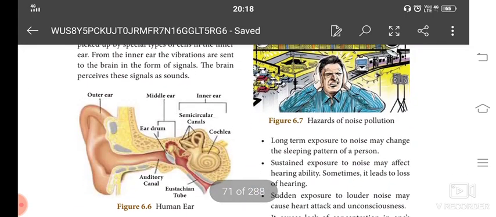Here is the structure of our ear: we have an outer area, and inside we have a drum. Like the percussion instrument has a skin, likewise here also we have a skin. This skin, the eardrum, reflects the sounds we are hearing. We have the middle ear, inner ear, and outer ear. The middle ear is the most important because it has the eardrum. The inner ear has semicircular canals and the cochlea, and the auditory canal is present in the middle ear.